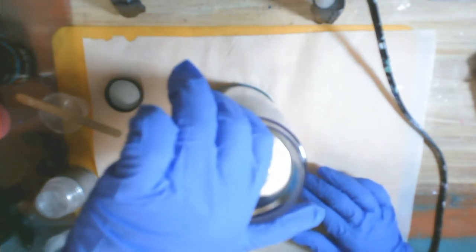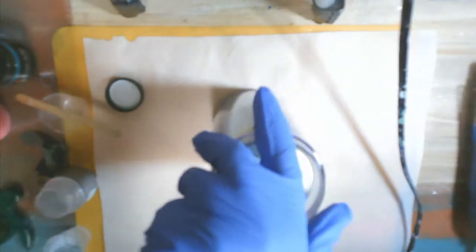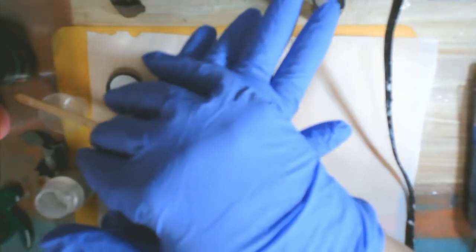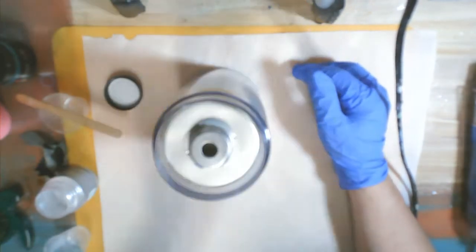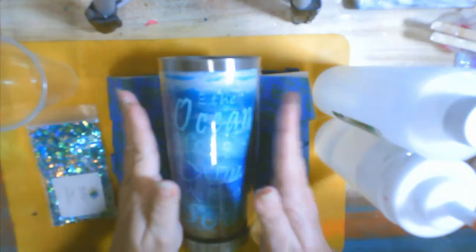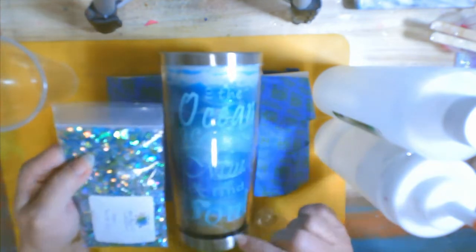And then you just put the little plastic over cup on and then push down on it until you feel it pop into place. And then I'm going to put the bottom back on the cup so that it will also add additional pressure to that, and then I'm going to let it set for 72 hours before I do anything else to it. So here we are 3 days later, and we're ready for our glitter, and I'm so